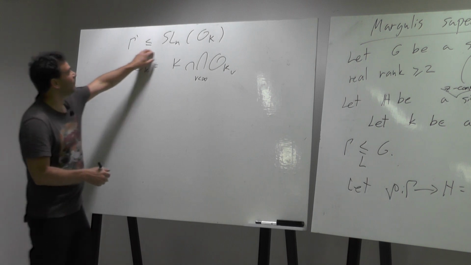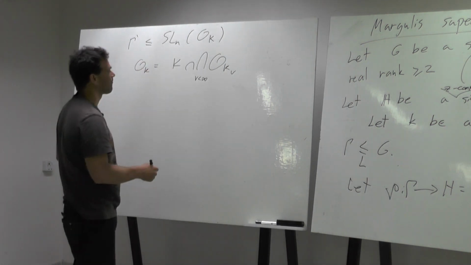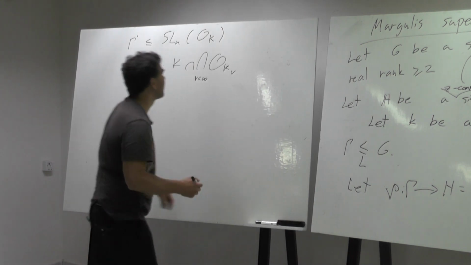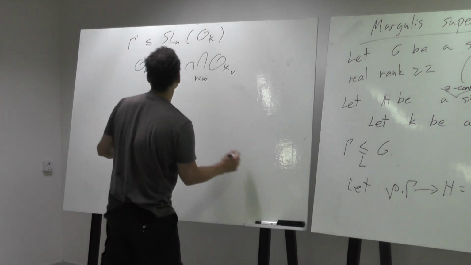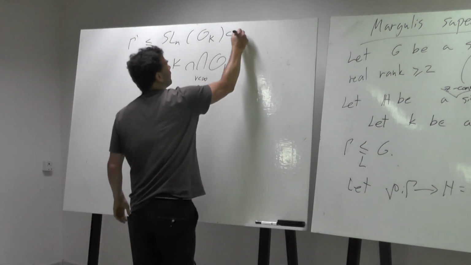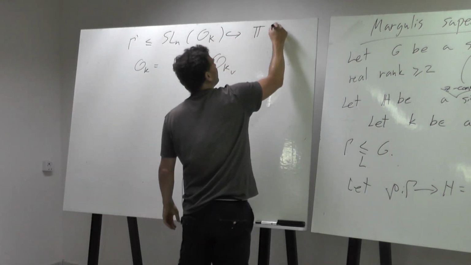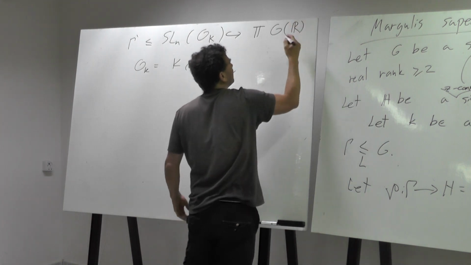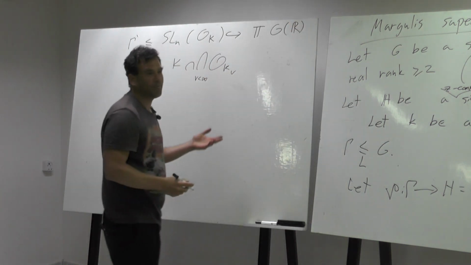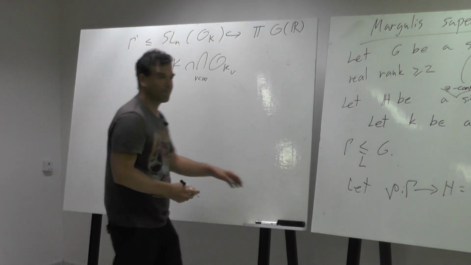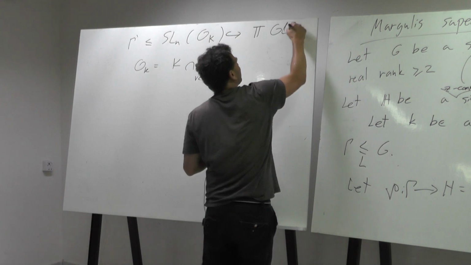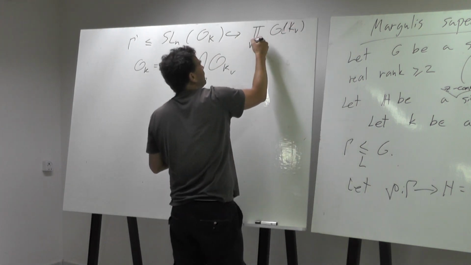So we know that gamma is here. Now we look at the infinite valuations. Embed this in the product of G of R. Why are you not done? Yeah, I'm basically done. I look at the product of K_v where v is infinite.